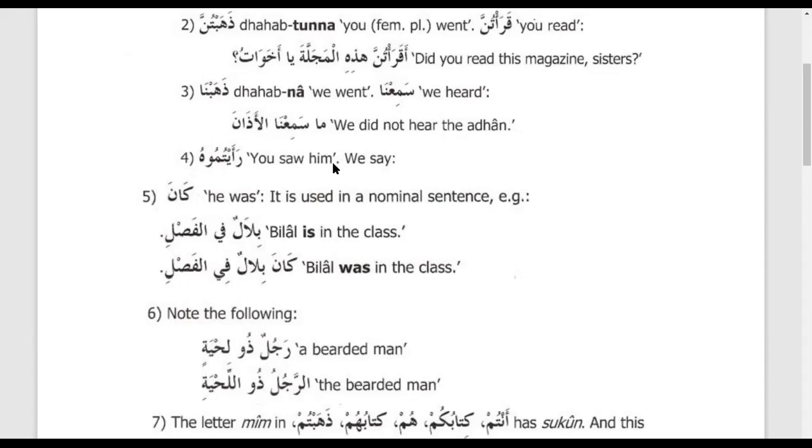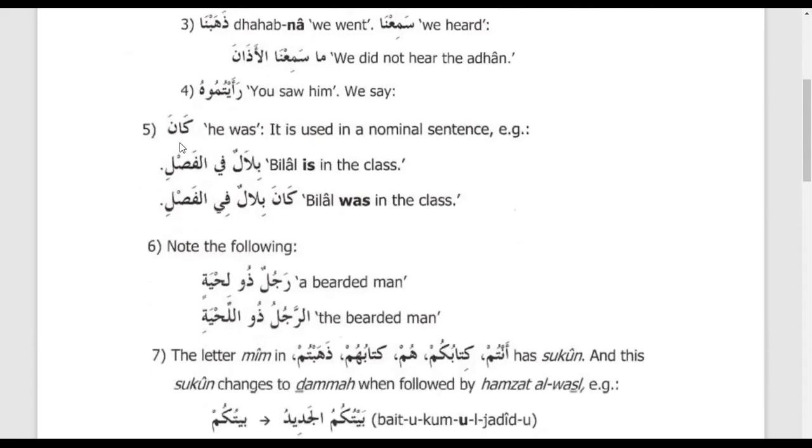رأيتموه. You saw him. So we say like this, رأيتموه. So رأيتم, and when we need to connect tum, meem, with a word, we need to add dhamma. And when we connect it with a pronoun, then we have to add waw as well. So the plural will be رأيتموه. All right. And there are lots of exercises based on this pattern. So inshallah, when you practice, when you write it down, it will become much easier for you.